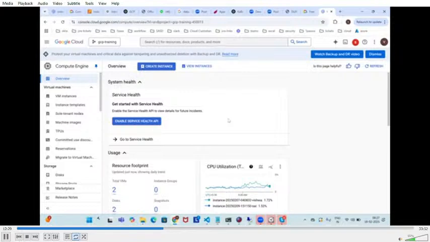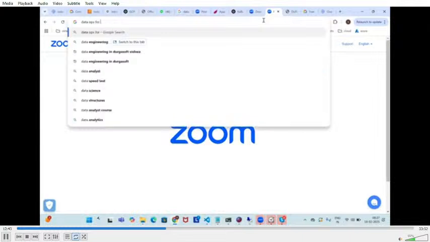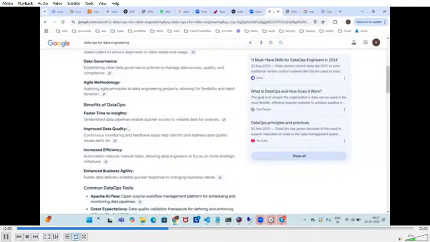See, I'll show you. This is what we need to focus on mainly: DataOps for data engineering. I mean, it's pipeline automation. See, common DataOps tools: Apache Airflow, and again data version control systems. Okay. So meanwhile,